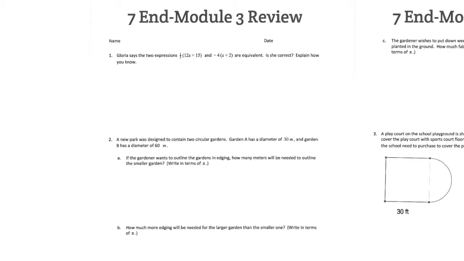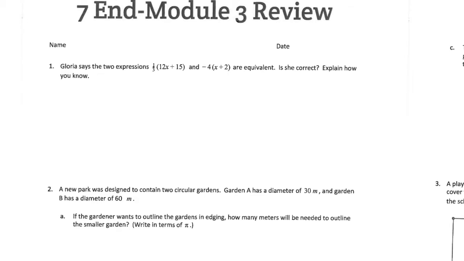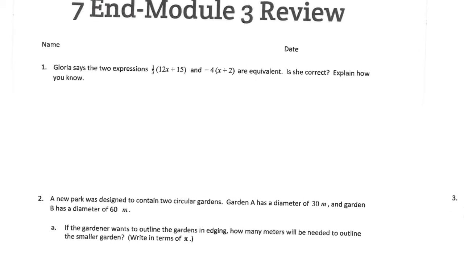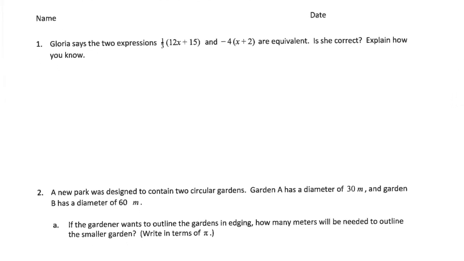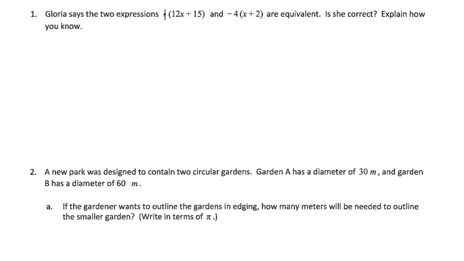Number 1, Gloria says the two expressions 1/3 times (12x + 15) and negative 4 times (x + 2) are equivalent. Is she correct? We need to look at these two equations here and turn them from factored form to standard form. So right now they're in factored form, and we're going to get started with our first equation here. So I have 1/3